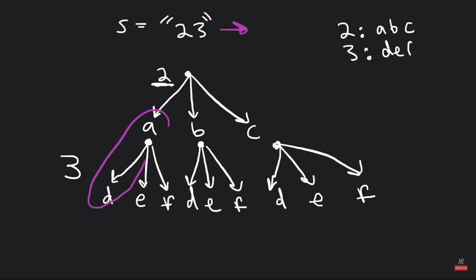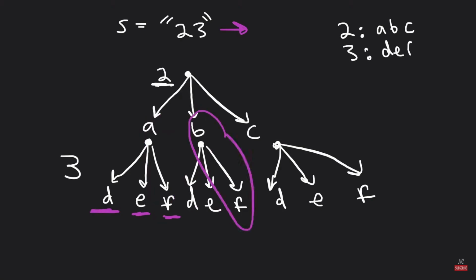Well, this is one string, this is one string, this is another string. So basically for each of the leaf nodes in this tree, we're going to follow the entire list of characters that came before it. That's going to be the output strings, right? AD, AE, AF, and so on, right? BD, BE, BF, and the exact same thing for C. So when you visualize it like this, it's actually a pretty simple problem. So now you just need to know how to write this backtracking algorithm,